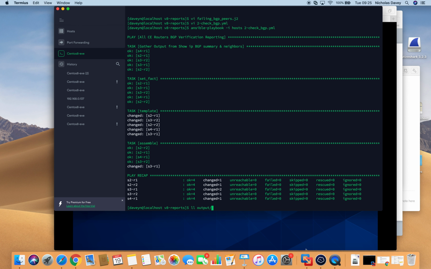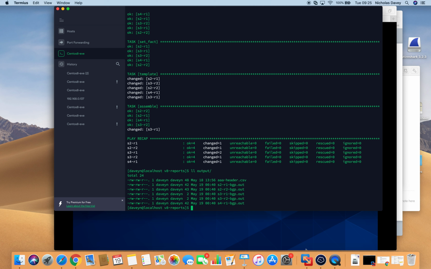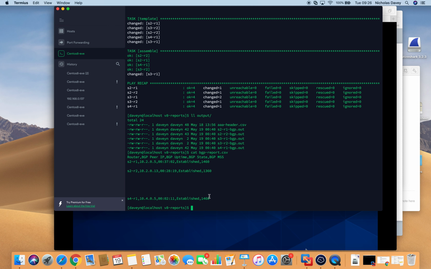So in this instance, if we look at our output file, we still have a file for each router, but if we look at our report CSV, I think it's BGP report, isn't it? BGP, yeah. In this instance we've only got 3 lines, and it's actually putting lines in for everyone it's skipped as well, but we can see that there's some that are